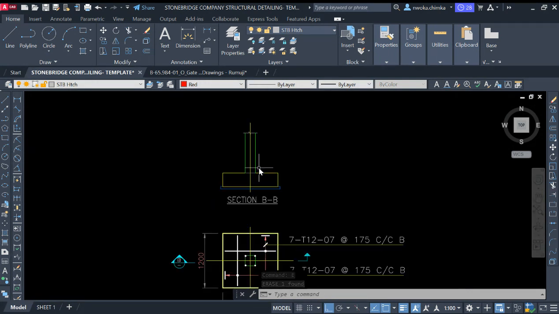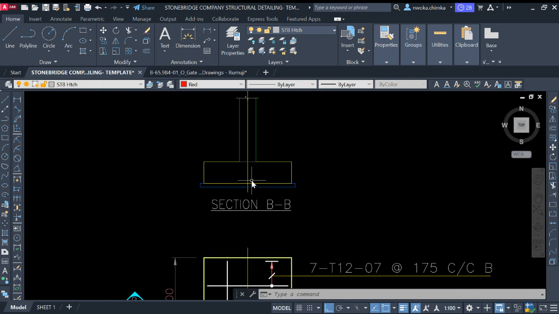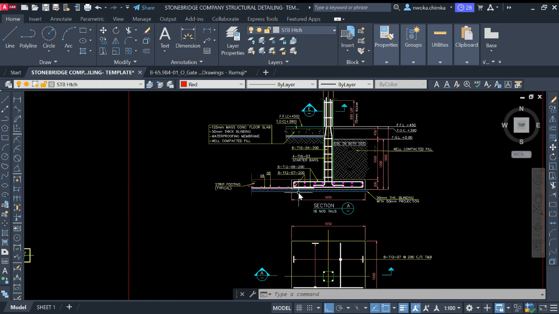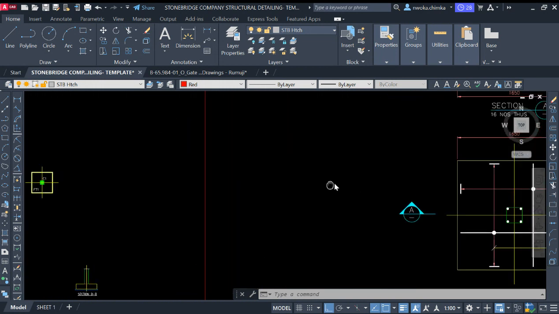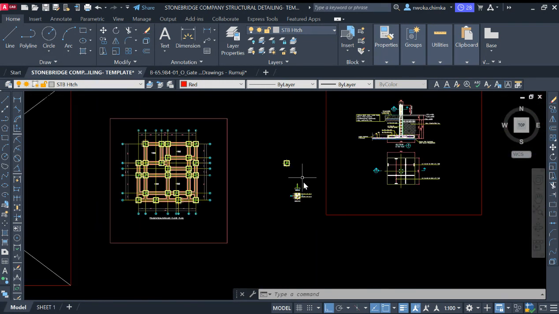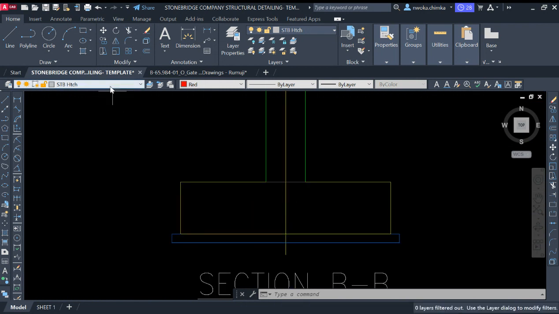So in my next video, I'll be placing the reinforcement for this footing, just like this. In my next video, I'll show you how to place this reinforcement for this footing, as you can see it here, where we will go all the way down to change to STB rebars, and also the same thing here, and then offset our concrete cover of